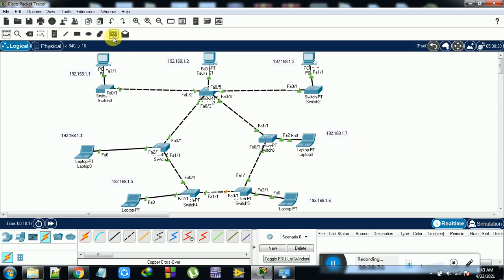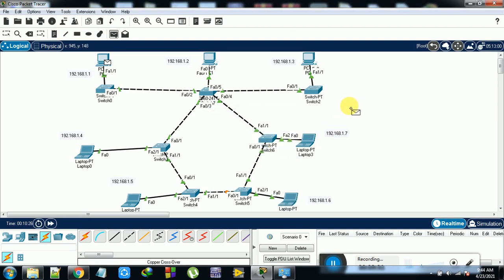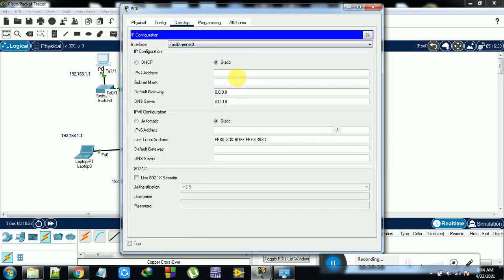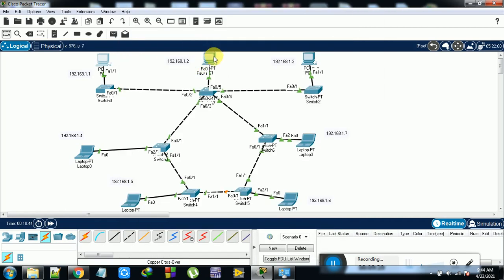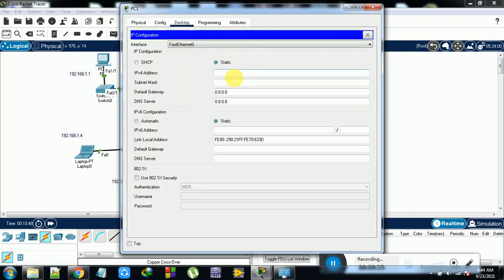Now if I want to run anything from here to here, because I have not configured the addresses inside, that's why I configure the addresses. 192.168.1.1. So that is done. Desktop config 1.2.